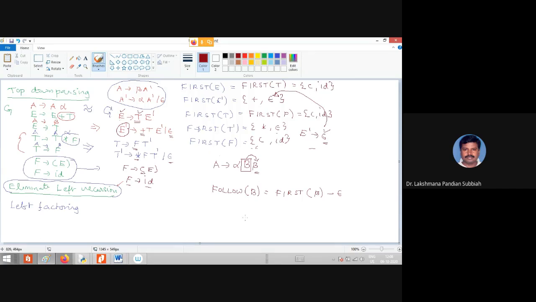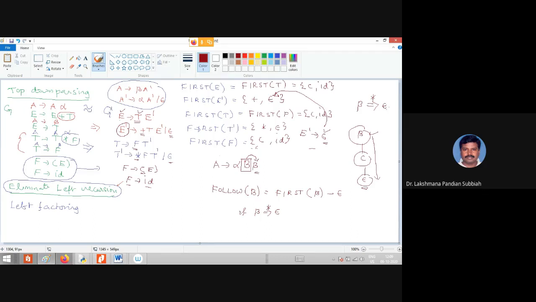Next step is if beta eventually tends to empty. Eventually tends to empty means in one or more steps, right? So here beta may be some other letter C, then the C may be empty. Now this is beta eventually tends to empty. Eventually tends to means beta is going deeper, finally it is going to have empty. So that is the way of beta in one or more steps. So here we are having one or more steps, it is going to have empty. So this is called eventually tends to empty.